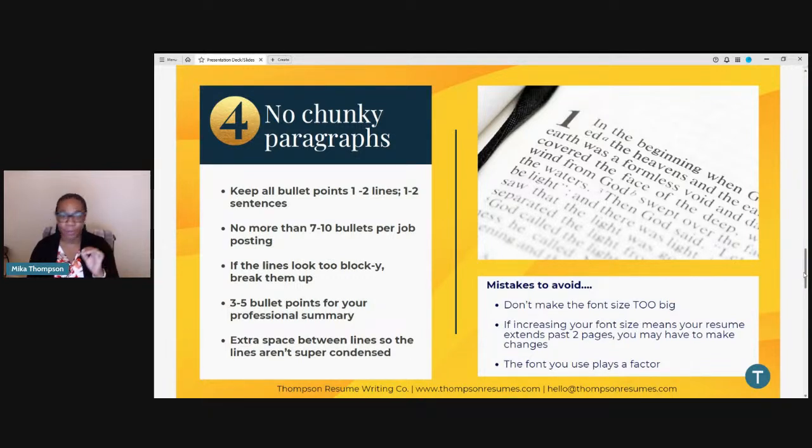Also, use bullet points, y'all. Some people will just type everything out and it'll be 3 to 5 sentences all together. Please, please, please use bullet points. It really gives a better reading experience, and it allows the information to be broken up so that it's easily digestible and more easily read. And then last but not least, put some extra space in between the lines so that the lines aren't super condensed. Let me see if I can pull up my resume again to show you all an example,